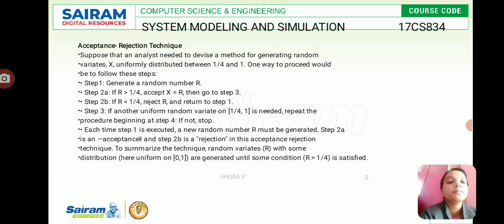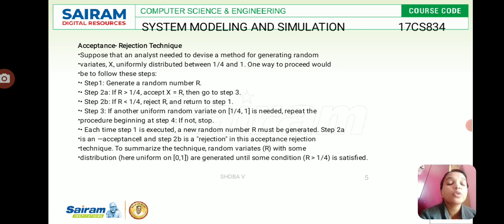This is the acceptance and rejection technique. The efficiency of the acceptance and rejection technique depends heavily on being able to minimize the number of rejections. Once we reduce the number of rejections, automatically the efficiency will improve a lot. Here we can see the probability of a rejection. The number of rejections is a geometrically distributed random variable with probability of success p, so it depends upon the probability.